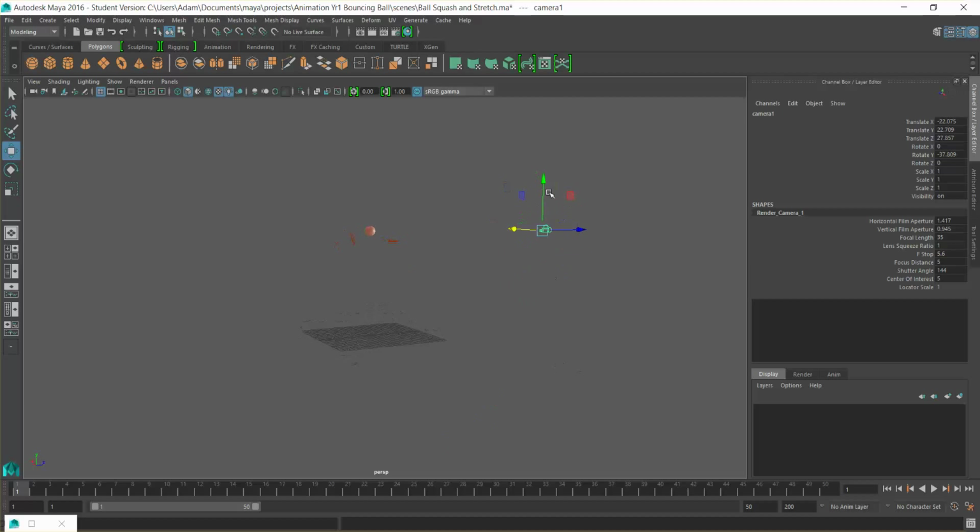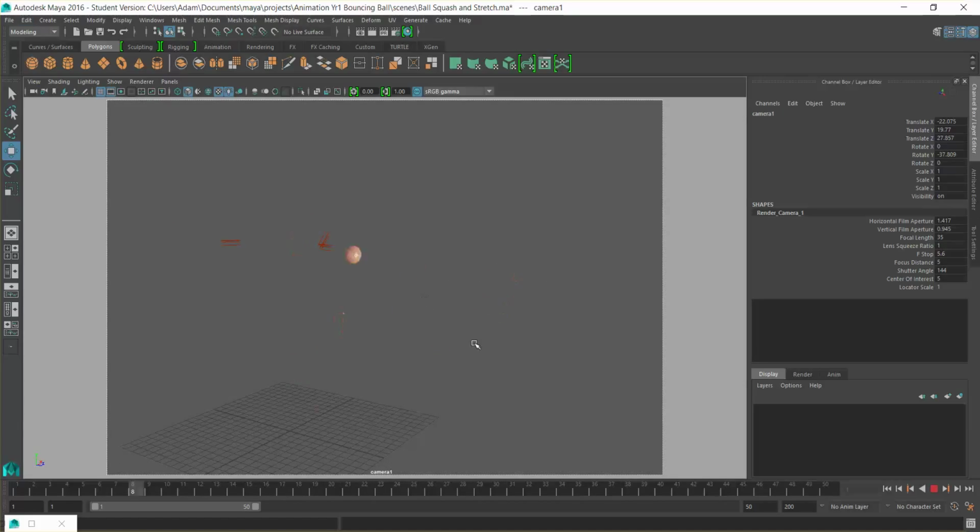And to see what that camera can see, we can go to our panels, go to our perspective, and you'll see camera 1, okay, which is our camera here. If we push play, we can see that the ball is bouncing off there in that direction. Okay, and if we want to see the frame of our camera, we can click this section here, which will show that frame, and we can move this around in a viewport and it will follow. Okay, and we can set up our camera position,